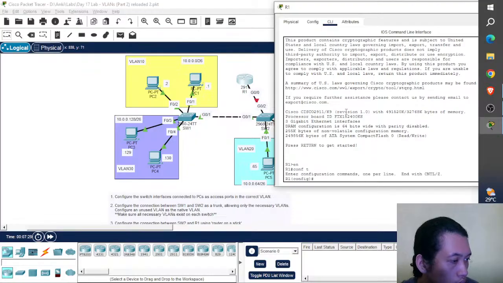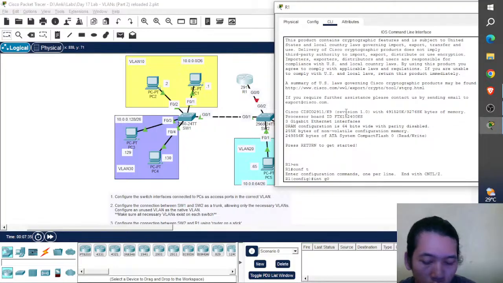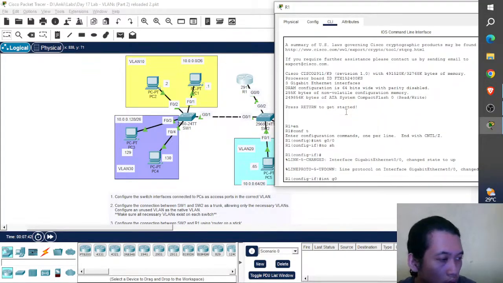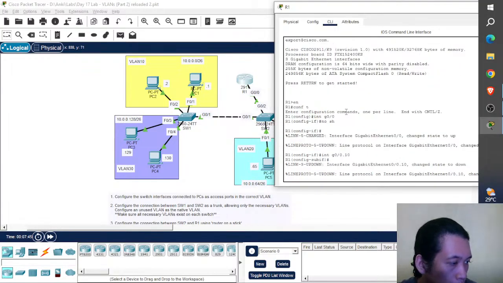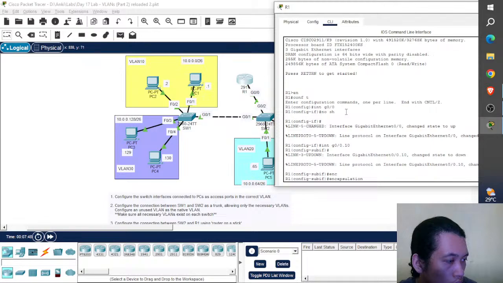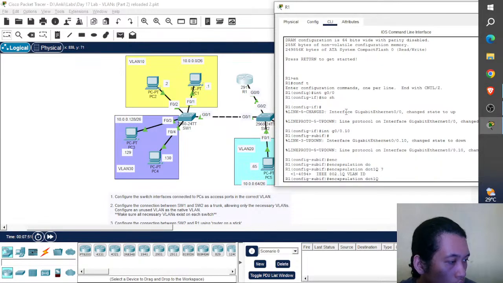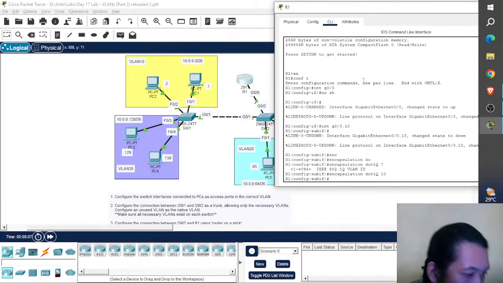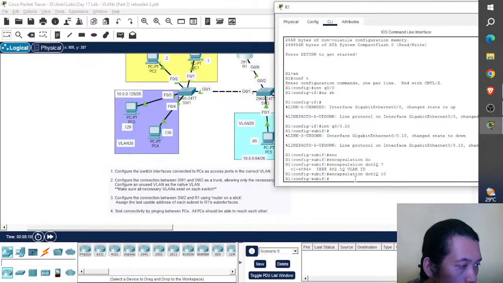On R1, we configure the interface G0/0, no shutdown, then interface G0/0.10, encapsulation dot1Q 10 for VLAN 10. Type VLAN 10 here. And the IP address